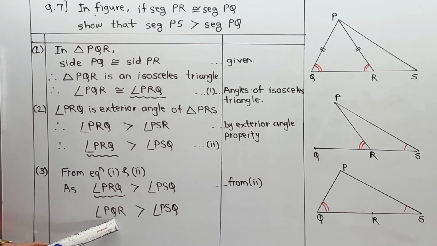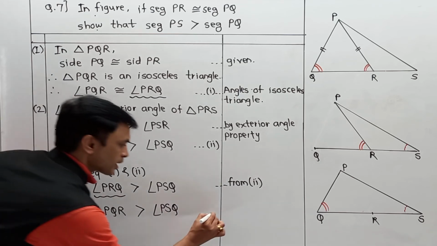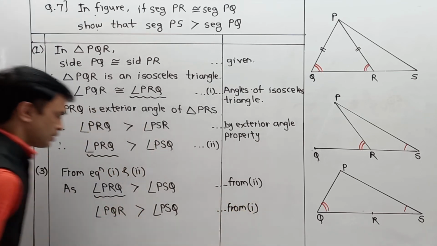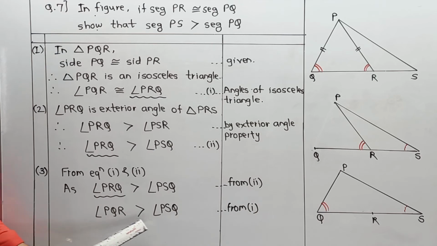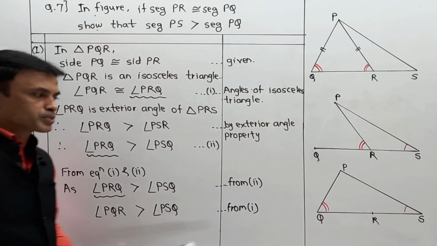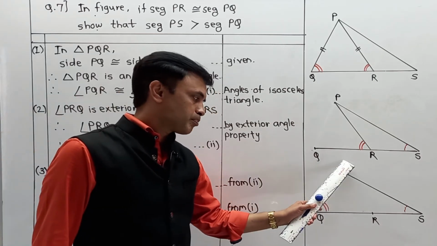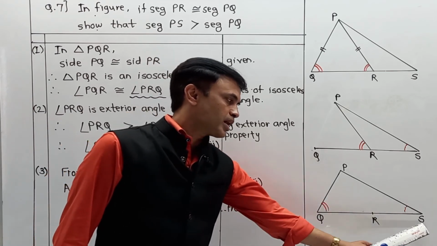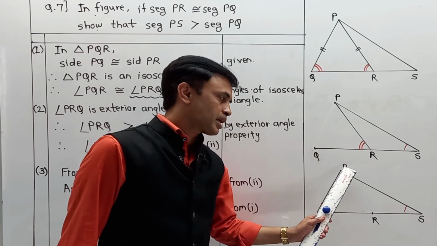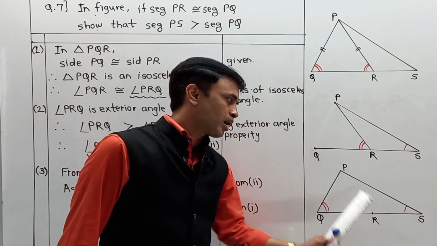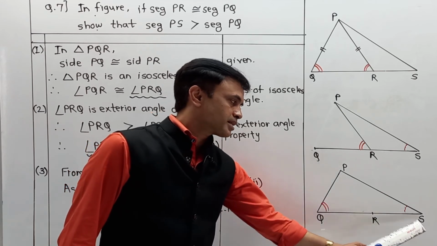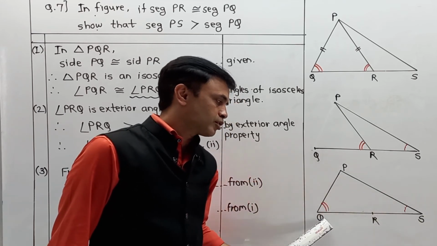Again try to observe this part over here. What exactly we are able to do or prove? Here we can write from 1. As PQR is greater than PSQ, observe it over here. As PQR, or you can say PQS, because R is over here, means again I'm going to modify PQR to PQS, means PQS is greater than PSQ.